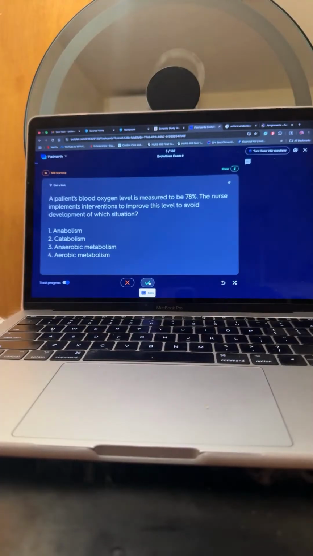A patient's blood oxygen level is measured to be 78%. The nurse implements interventions to improve